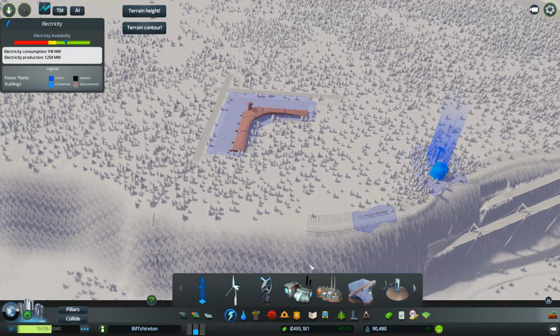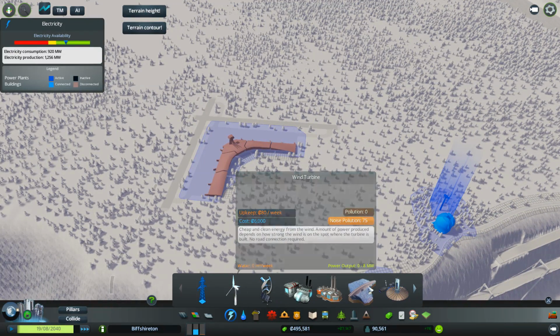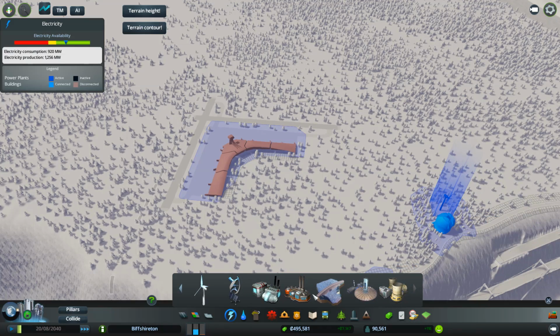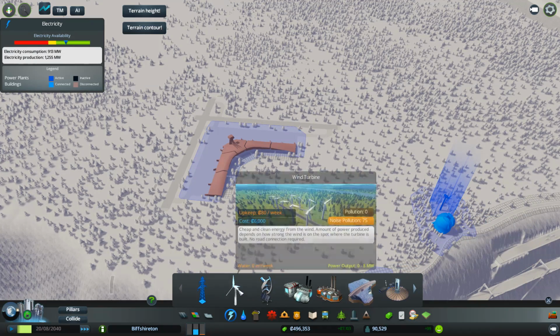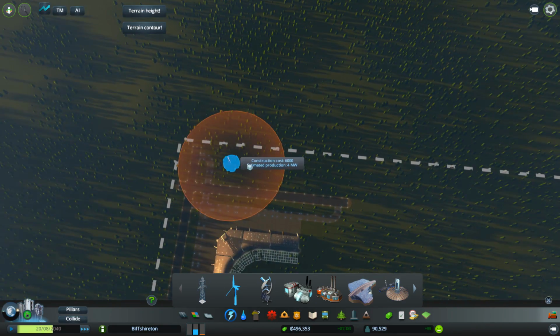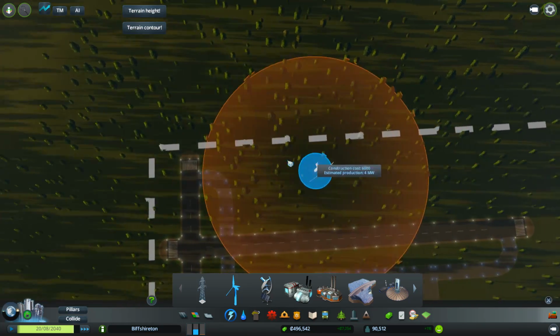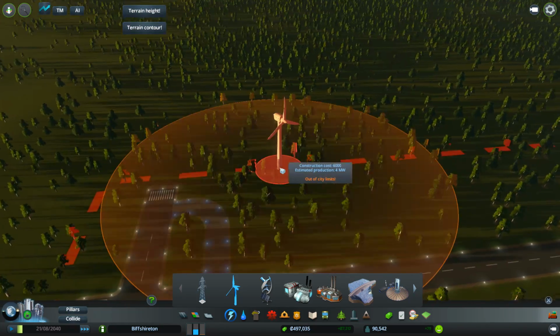Instead of just running a line over, I mean, we could add some wind turbines in. I always think that looks interesting. Could we add some wind turbines in along the back here? I mean, they're going to be coming in and landing this way and this way. So maybe we could just add...